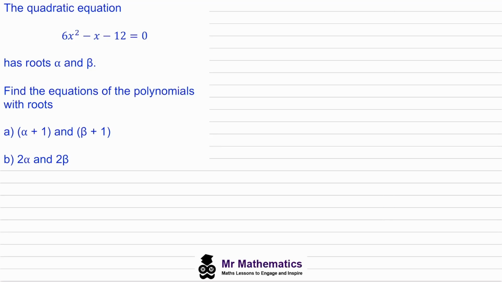Hi everybody. So in this video, I'm going to show you how we can transform a quadratic equation using its roots. So we have a quadratic 6x squared minus x minus 12 equals 0, and this has roots alpha and beta. For the sake of explaining the idea behind this, we're going to work out alpha and beta on our